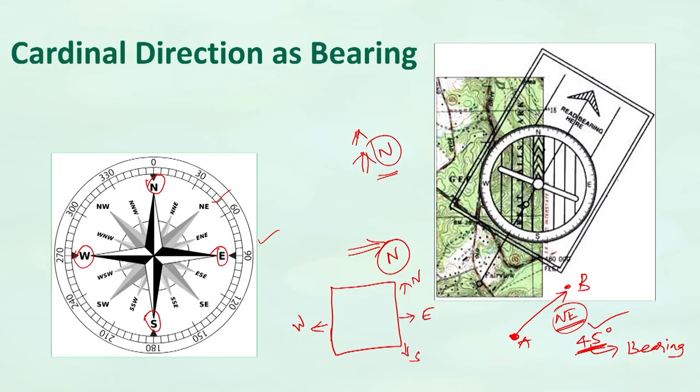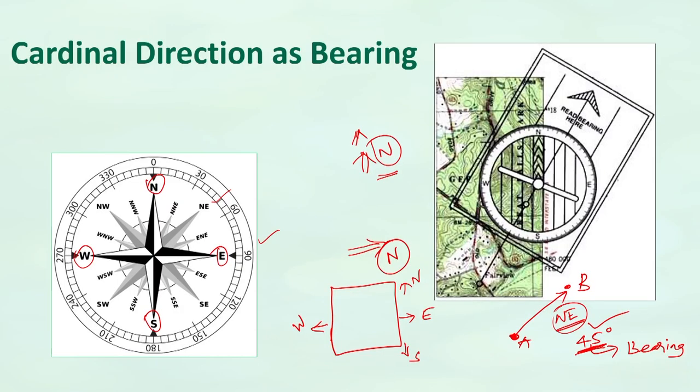Bearing is very helpful for people who are traveling in the forest or surveying, who want to survey exactly, because in between north and east we know northeast, in between north and northeast we know north-northeast. How can we mention the place in between north and north-northeast,